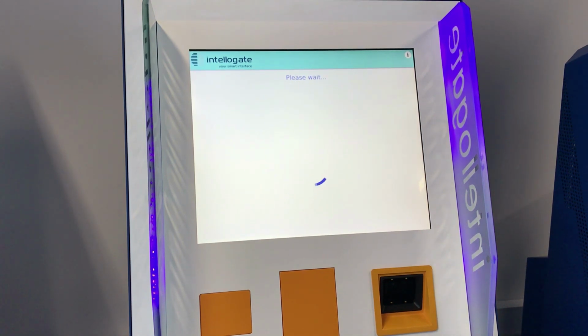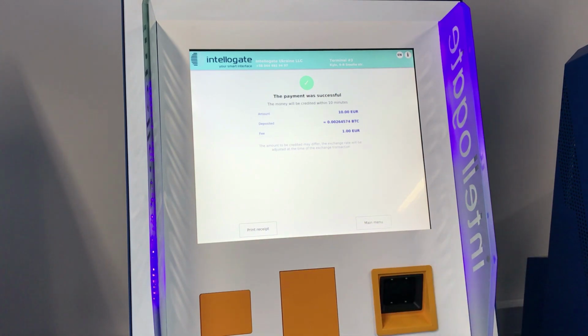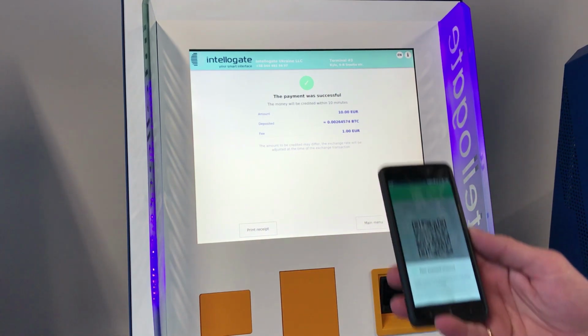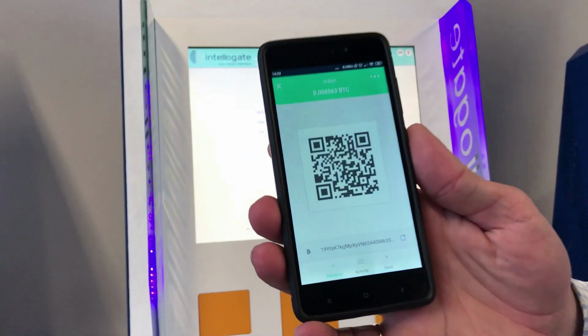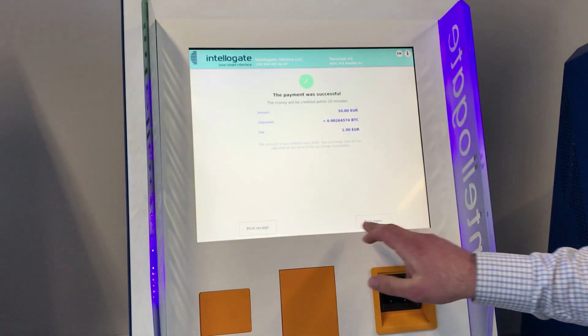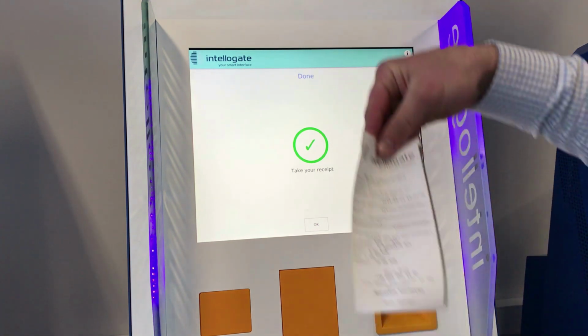The transaction is going to proceed. Okay, payment successful. I have a message. Okay, and press print receipt. Okay, it's the receipt of the transaction,